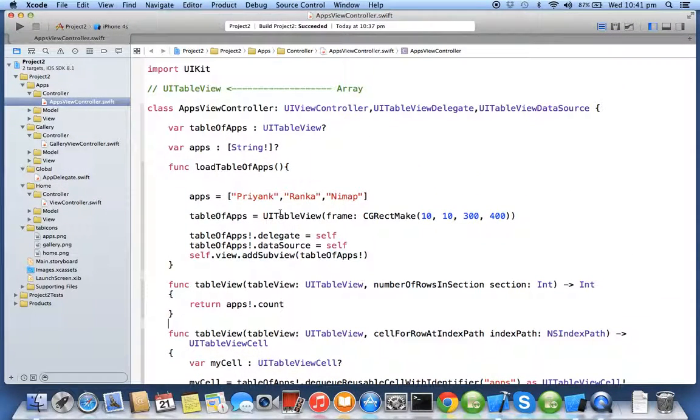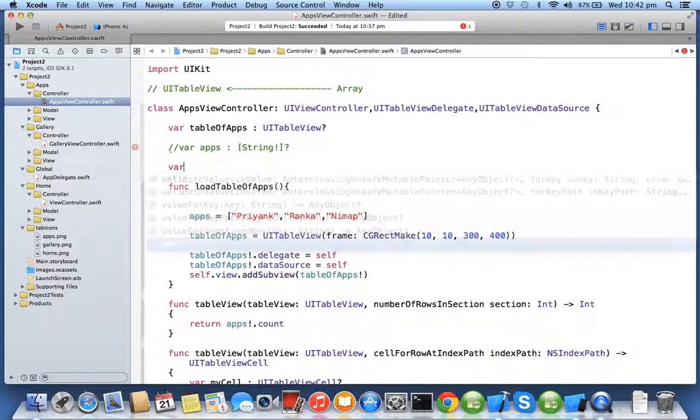Now table is an array of groups. Okay, table is an array of sections and each section is an array of rows. So if I want to create a table which shows two sections, I need to have two arrays. So I'll say, instead of using an array, I'll say, for the time being, variable